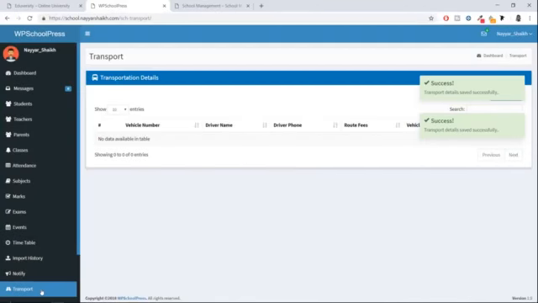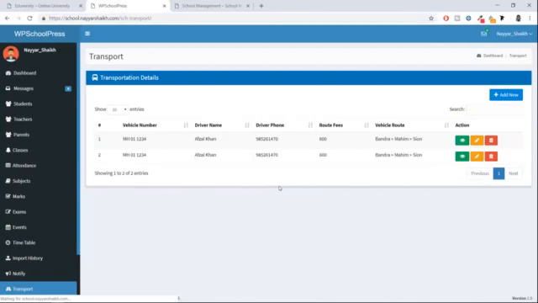I think I have pressed it two times, that's why I have two entries, but obviously you know how to do this now. You have the vehicles information, the transport information as well. So with this we have completed the back end of this website. Now let me show you a very quick thing.